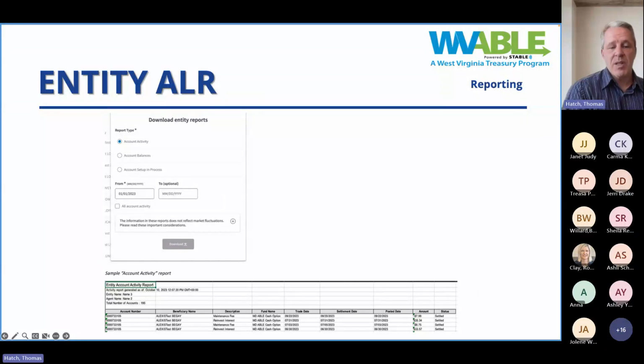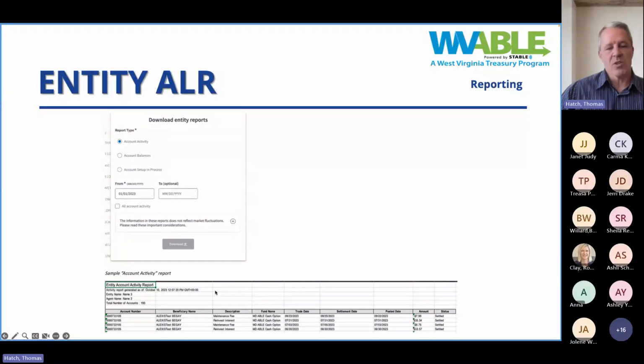So your account activity can be looked at over different periods of time. You can put a date certain, which is your beginning date and your ending date of the activity that you want to see, or you can click the little square down below where it's all account activity. So if you wanted to get ambitious and download the activity historically for every account of all time, you could click on that and it will give you everything. I think most people are probably going to use the time from and to get it for a certain period of time. You can use either one.